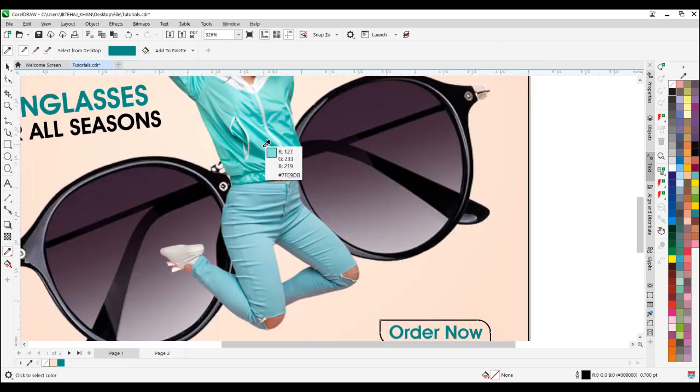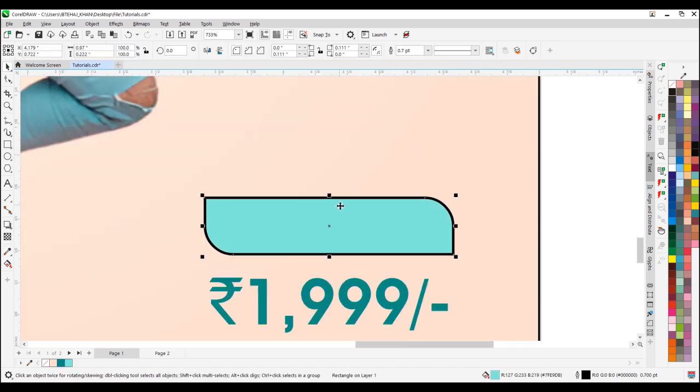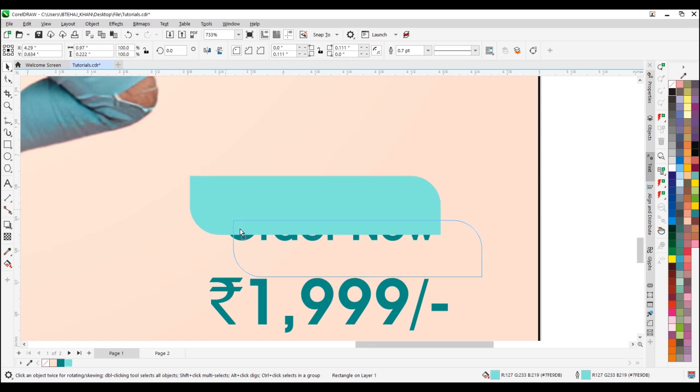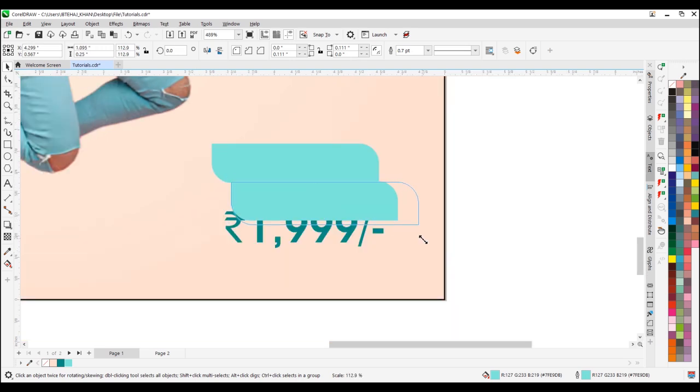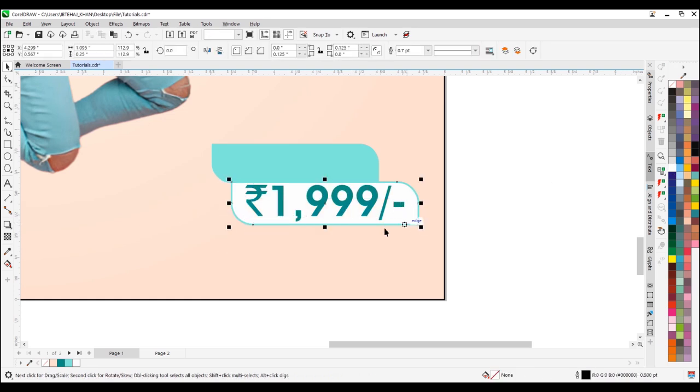Now take the Color Eyedropper tool and take a brighter color sample from the model's cloth and fill it in the rectangle box, and fill the same color in the rectangle box outline. Duplicate the rectangle box and increase the size. Fill white color in the lower rectangle box and select the price text and press Ctrl plus Home key to bring the text to the front